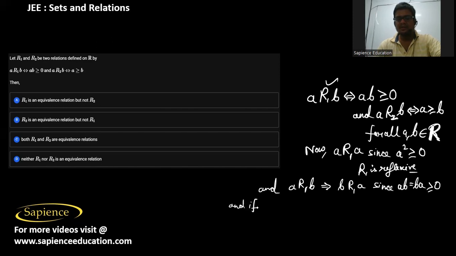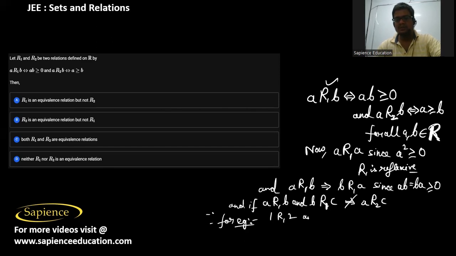And if A is related to B and B is related to C under the relation R1, then it does not imply that A will be related to C. Since why? For example, suppose we tell that 1 is related to 2 and